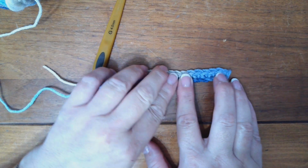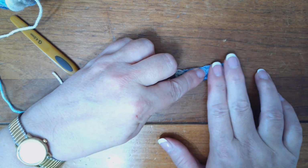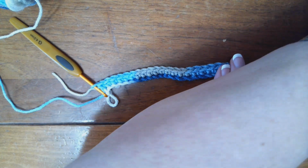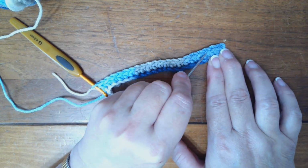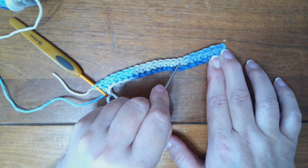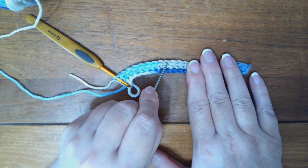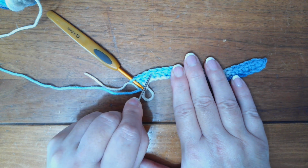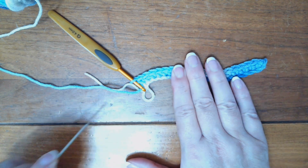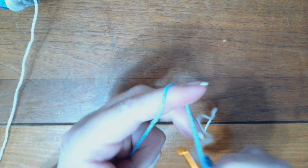Let's see. We got 1, 2, 3. Let me get this. Okay. 1, 2, 3, 4, 5, 6, 7, 8, 9, 10, 11, 12, 13, 14, 15, 16, 17, 18, 19, 20. Got 20 stitches. To keep that number the same, I am going to chain 1